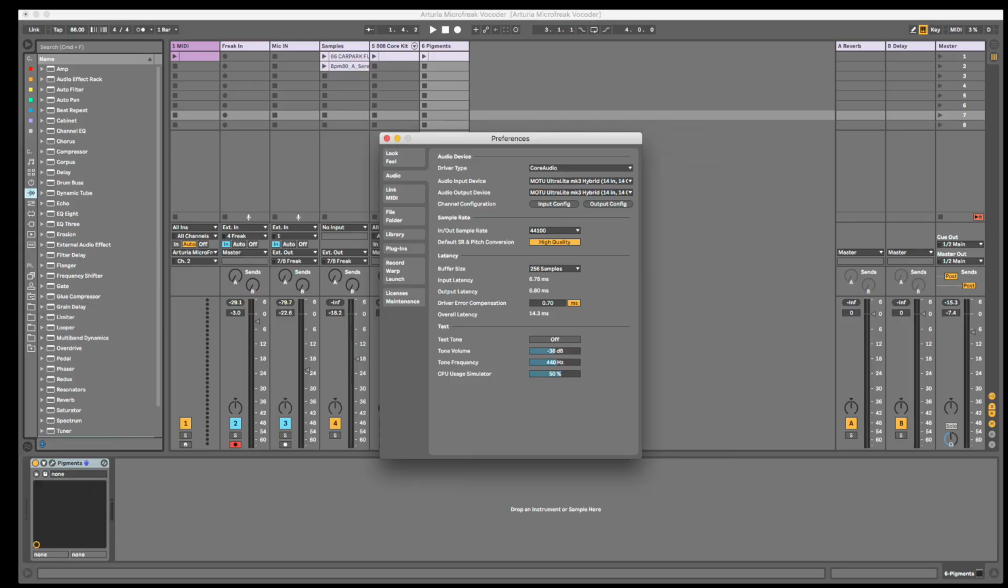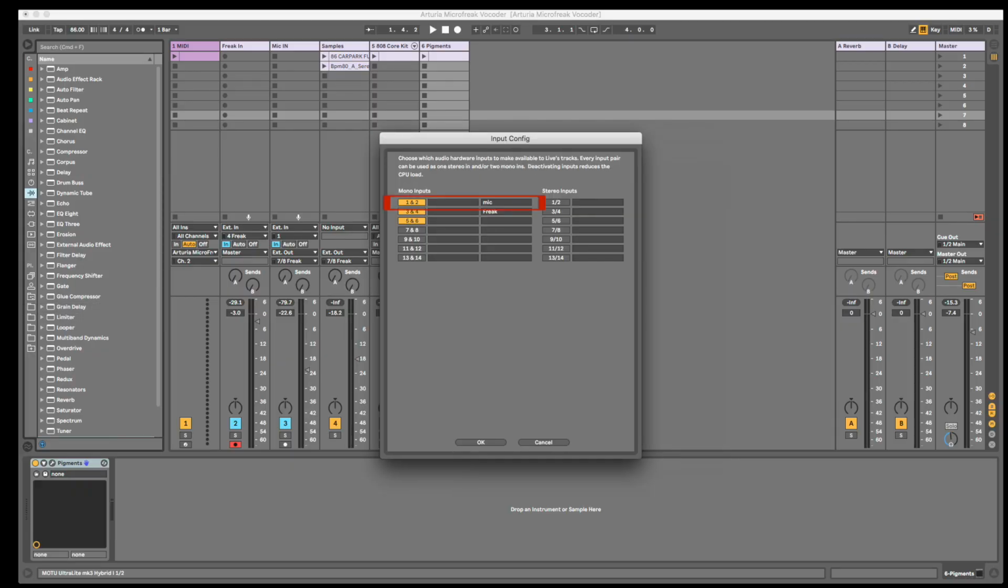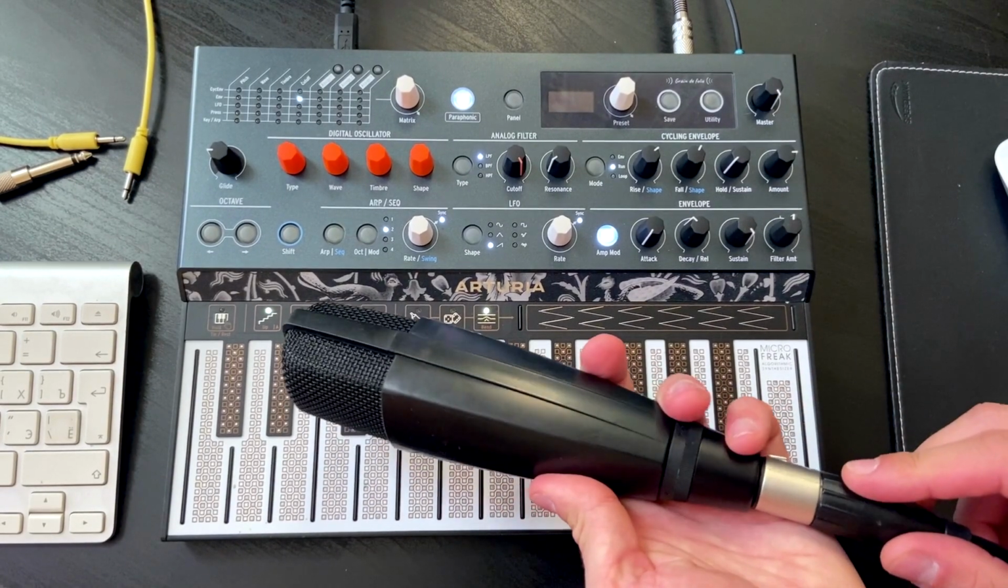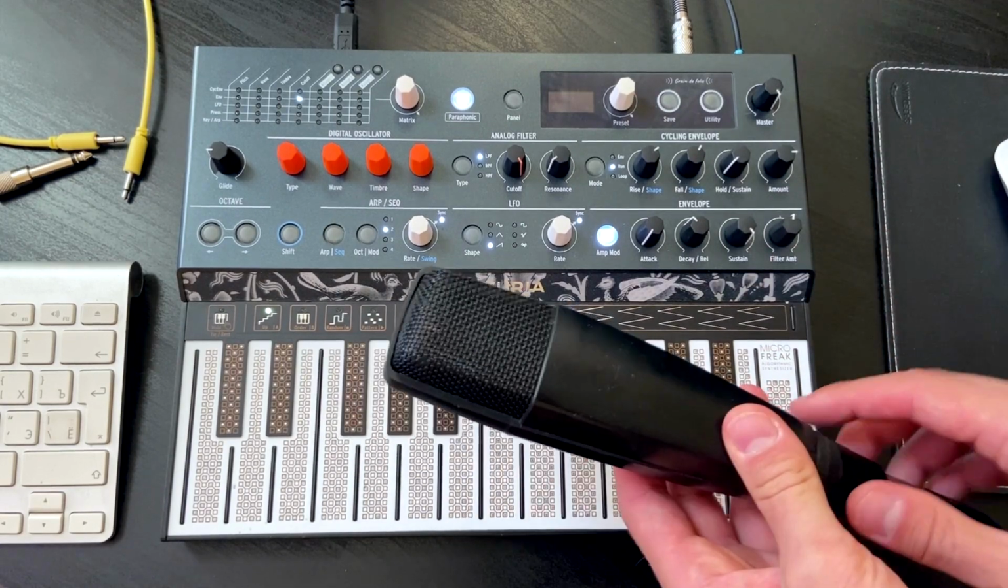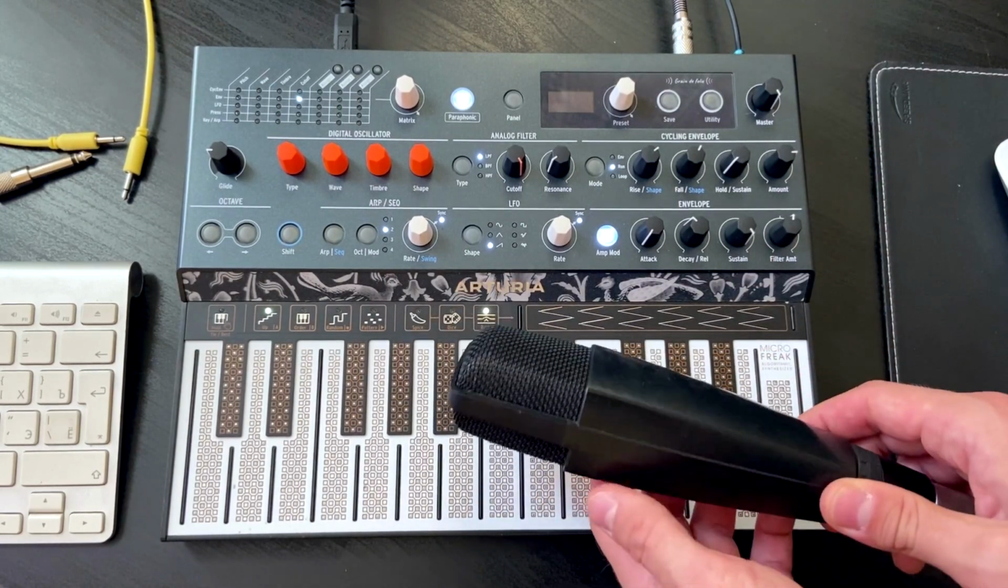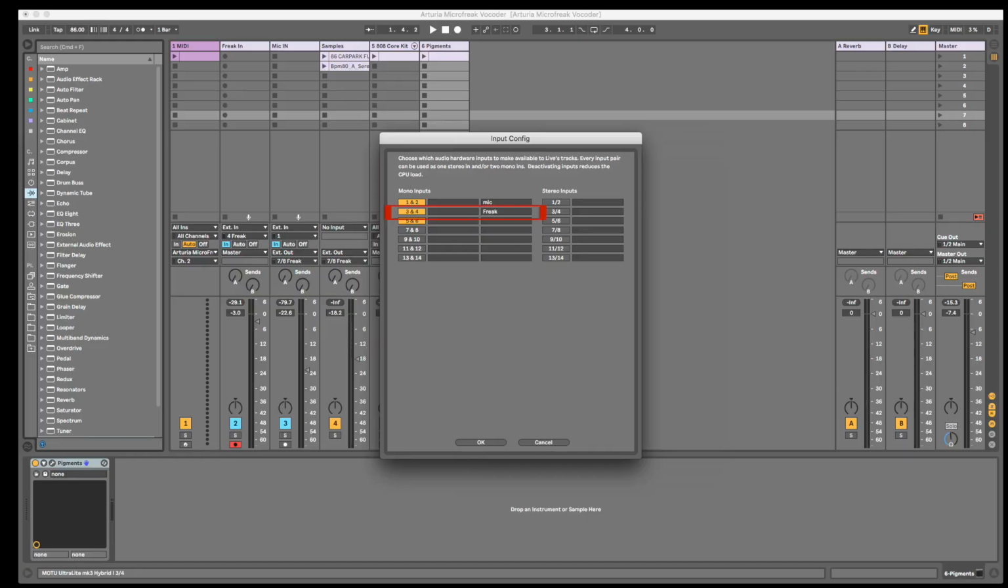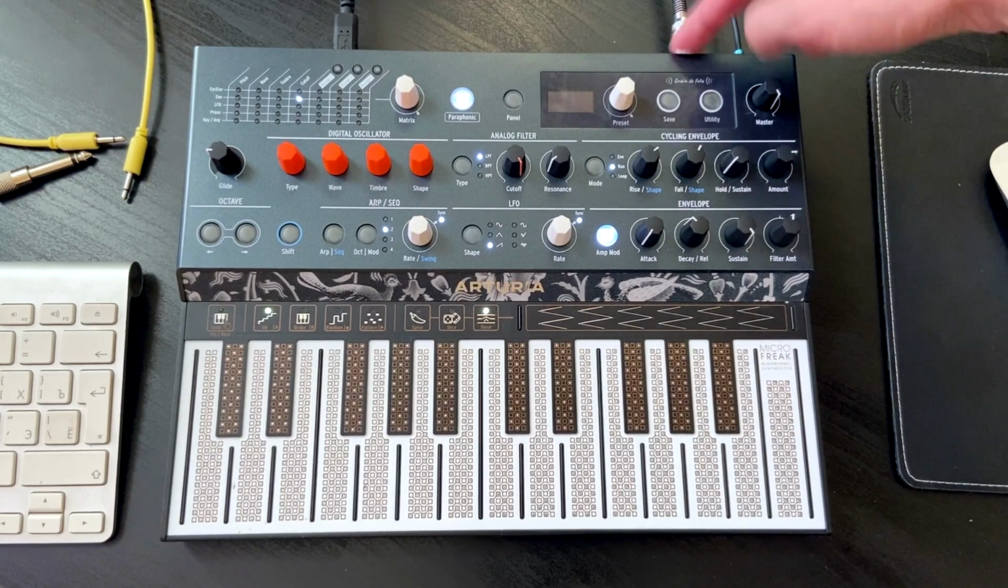Let me show you audio settings. For mic, I'm gonna use mono input 2. This is gonna be a regular XLR mic, not that goose one or whatever. It's a Sennheiser 421. And another input I'm going to use is for Microfreak itself, so the output of Microfreak goes to